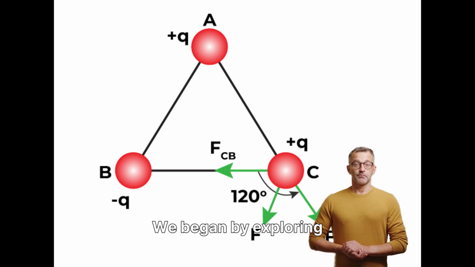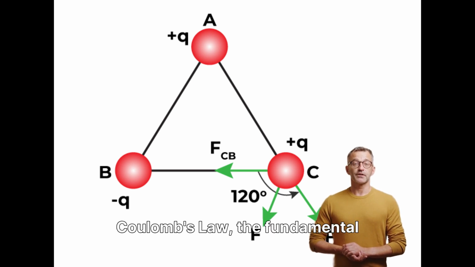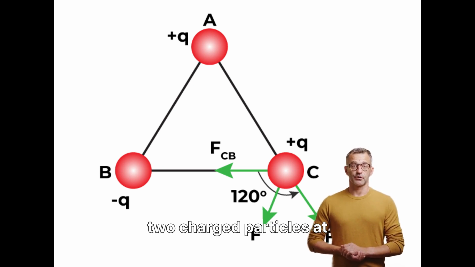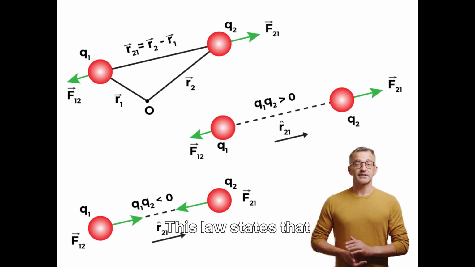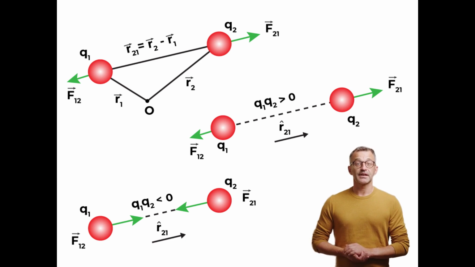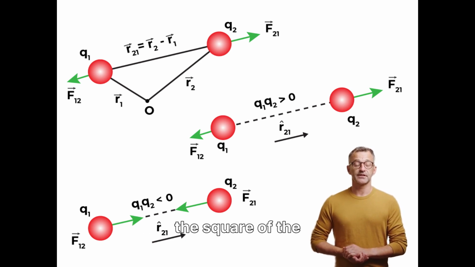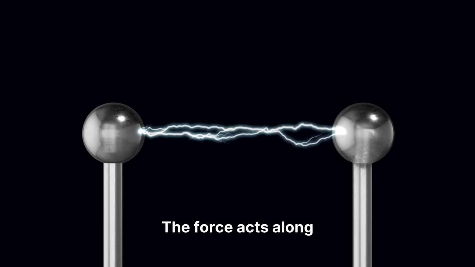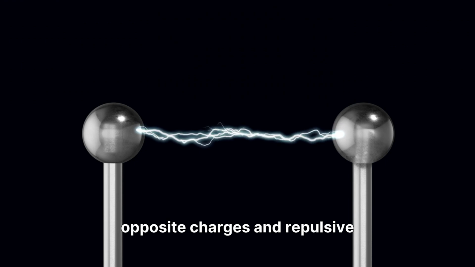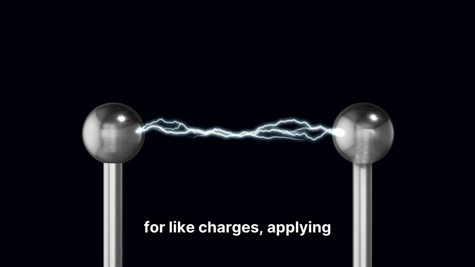We began by exploring Coulomb's law, the fundamental principle for calculating the electric force between any two charged particles at rest. This law states that the electrical force is directly proportional to the product of the charges and inversely proportional to the square of the distance between them. The force acts along the line connecting the charges, being attractive for opposite charges and repulsive for like charges, applying